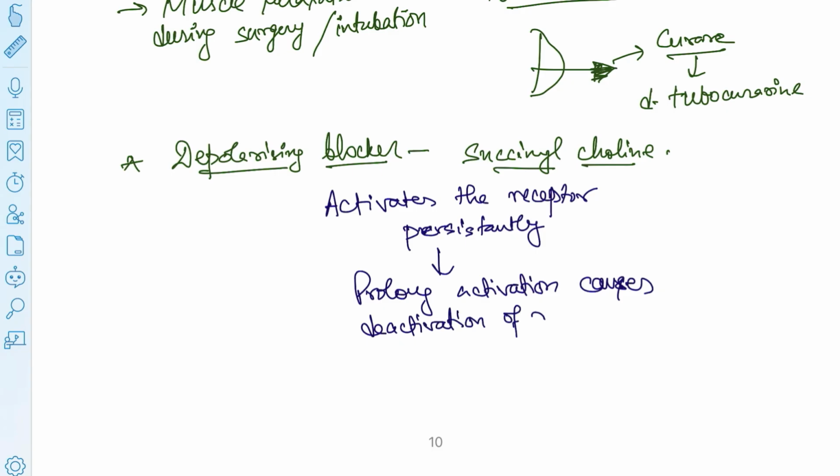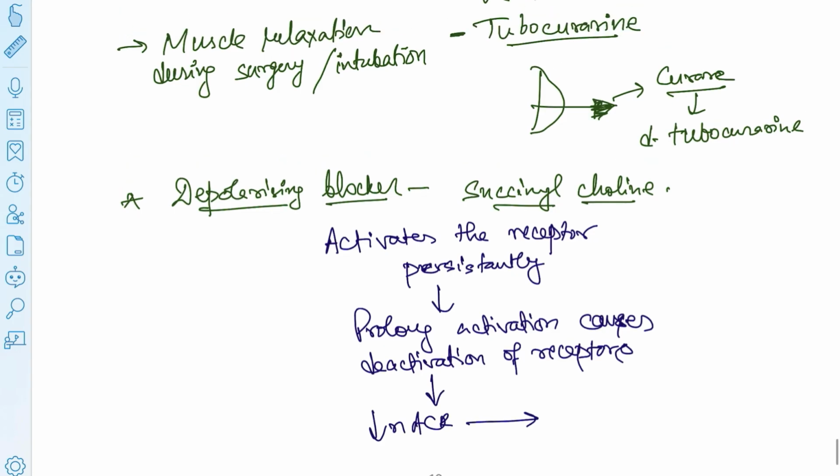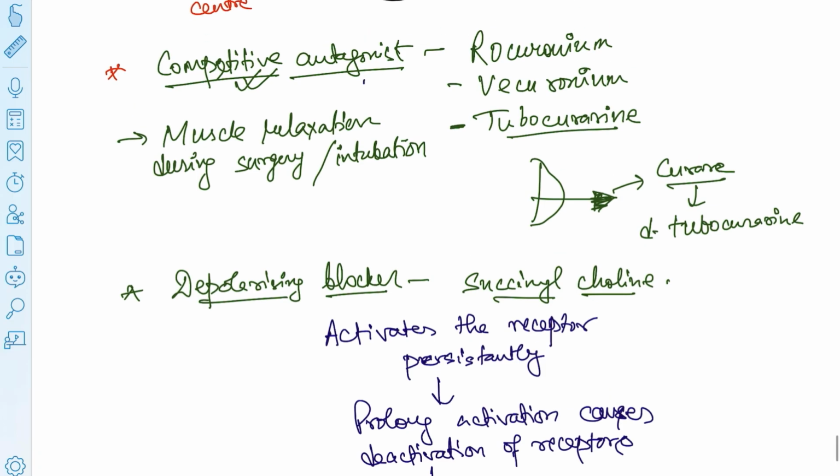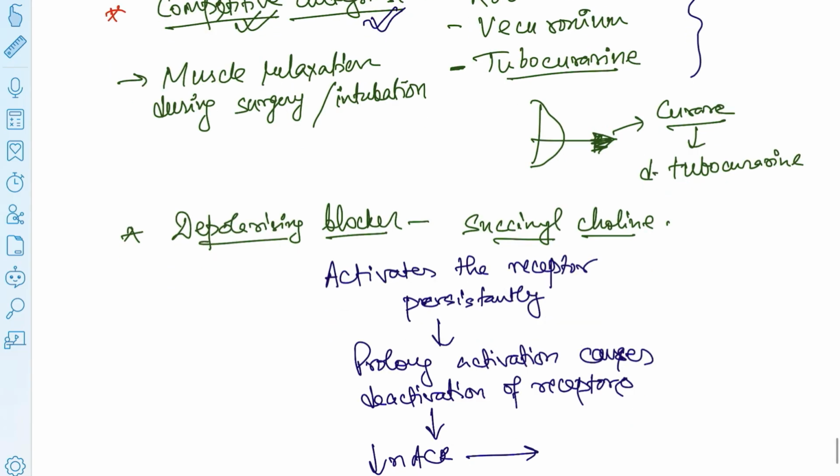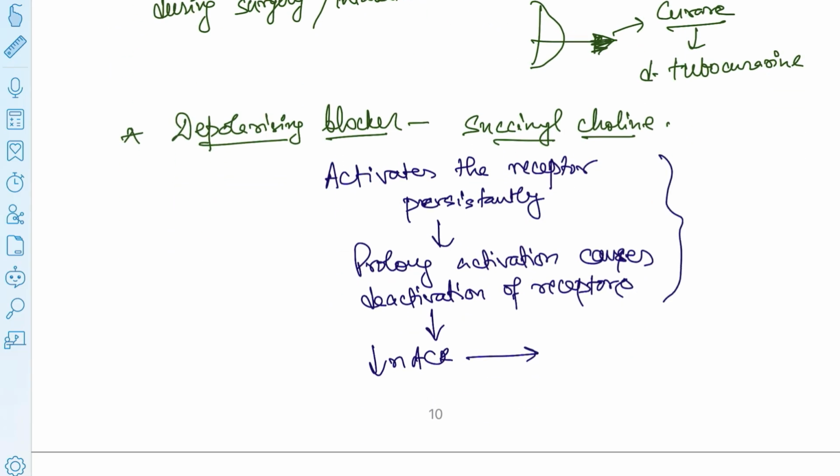Okay. So if the receptors are deactivated, now no more nicotinic receptors are there to cause excitation of the cells, and ultimately it will lead to less nicotinic acetylcholine receptor activity, and that can again cause the effect that we saw with antagonists, right? So the thing is the same; the antagonists directly block the nicotinic acetylcholine receptors, but in this case they are activating it so much that it is causing blockage of nicotinic acetylcholine receptors. Now, it is not a direct blockage. This is indirect blockage. Okay, they are basically causing